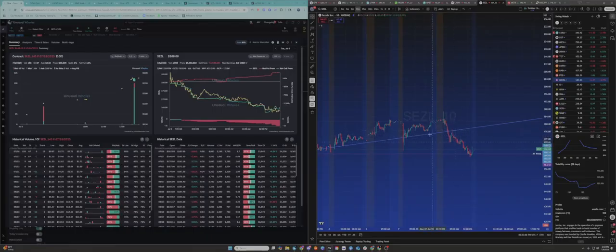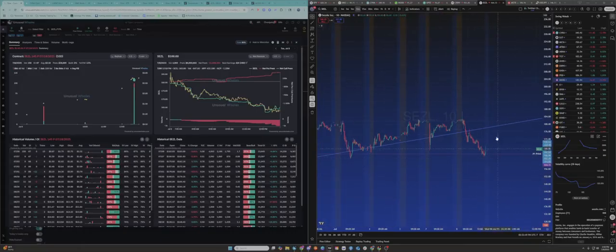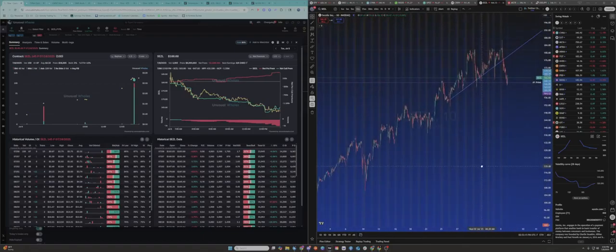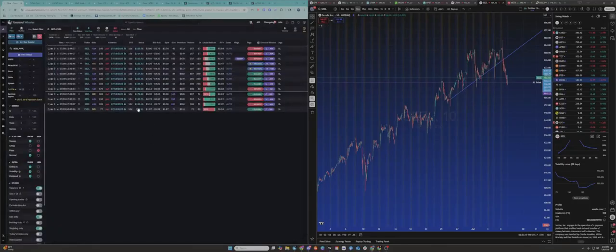What do you know? Rejection right there. So if we backtest that, that would be a good put entry spot. And then that's confirmation below 164.13 here. So using dark pools, we found a good short setup here. So this could be a big one. Those 145 puts are spicy.